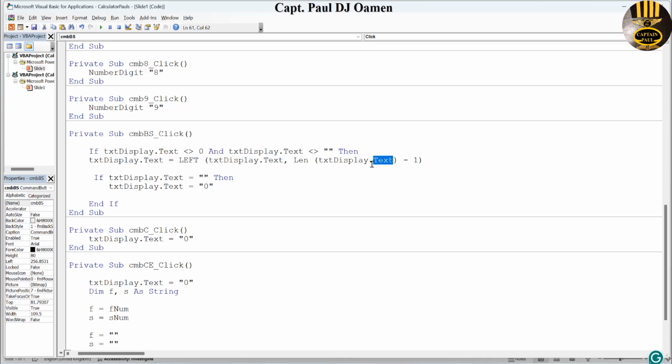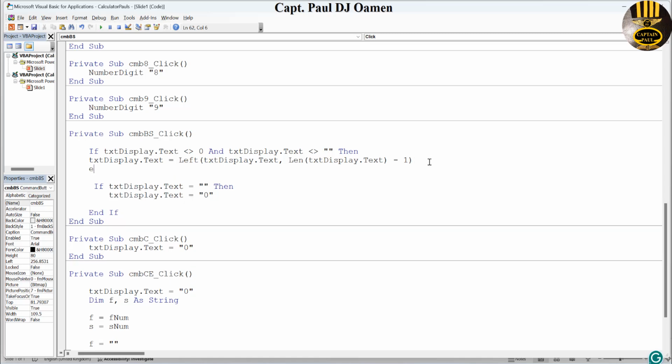Okay, let's arrange that properly. First of all, I want an indent. Now txtDisplay.Text, Len, whatever we have in here. Okay,